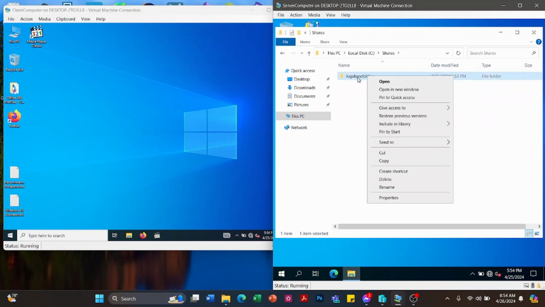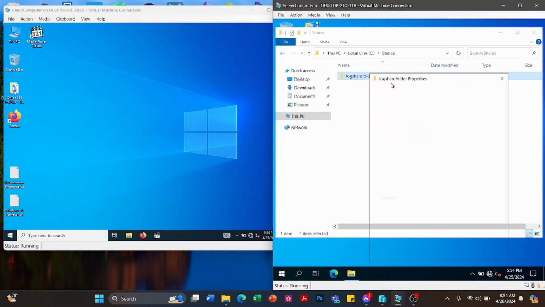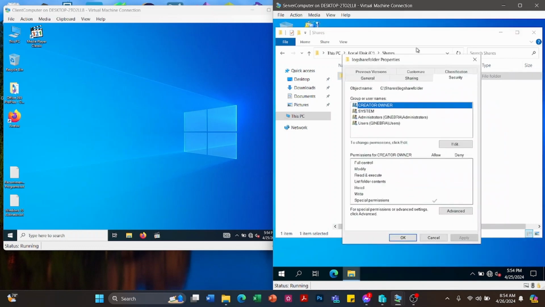Then we're going to allow the logistics security group in its security and sharing. So just click the properties, then security.